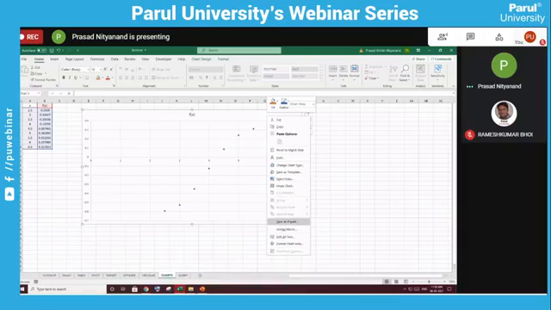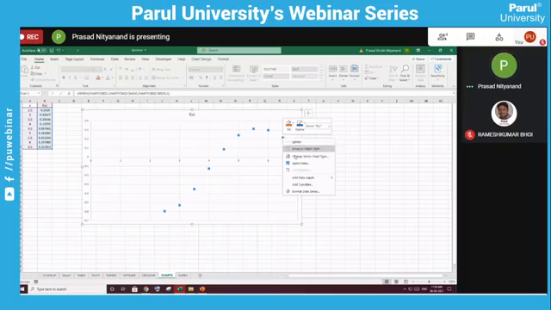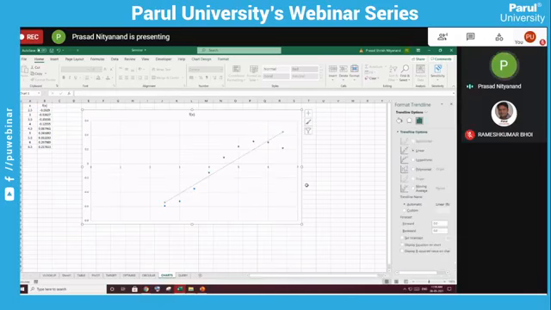We will select these points and then right click, and it will show the option of add trendline. We'll do this add trendline.